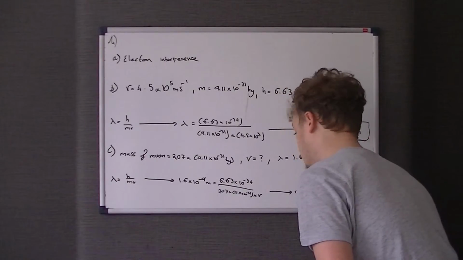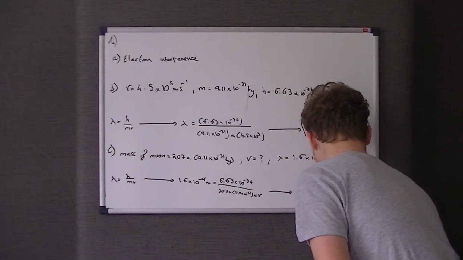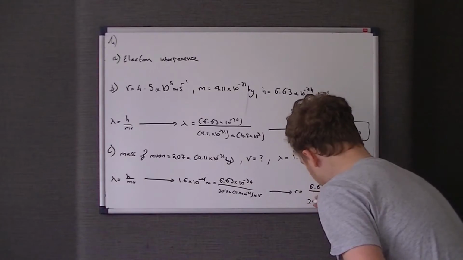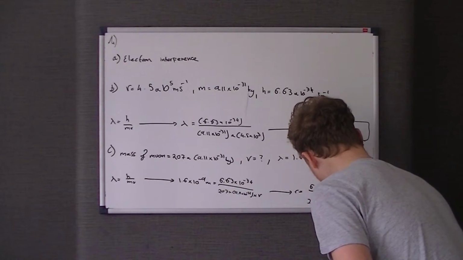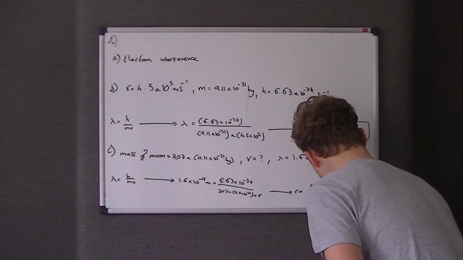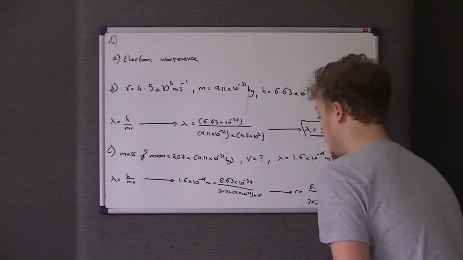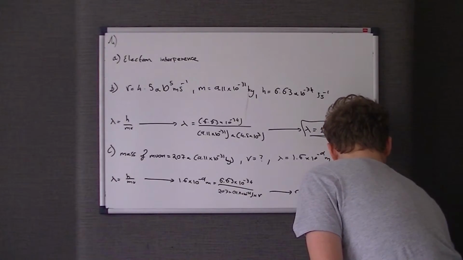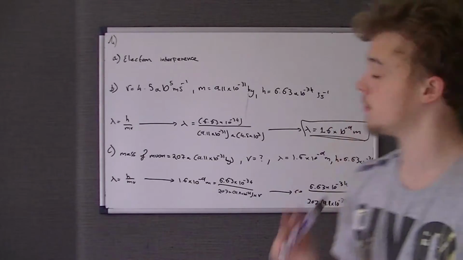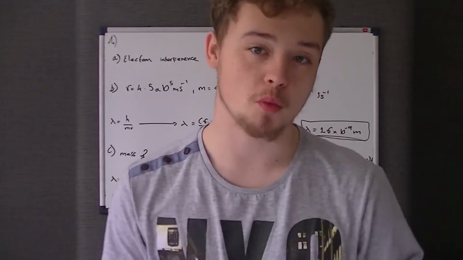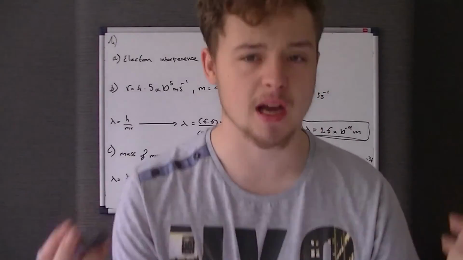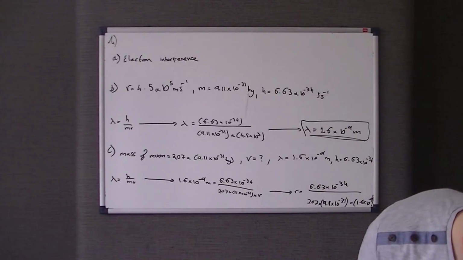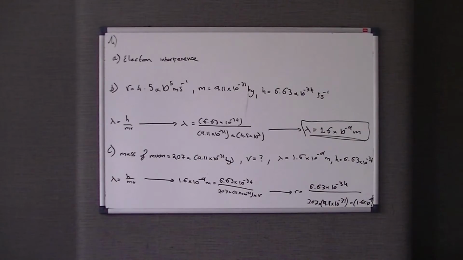So therefore the velocity is equal to 6.63 times 10 to the minus 34 over 207 times 9.11 times 10 to the minus 31, and then that's divided by 1.6 times 10 to the minus 9. Now you might have worked out what 207 times 9.11 times 10 to the minus 31 is, but I can't be bothered, so it's just easier for me to do that. Anyway, shove all that into your calculator. You should get an answer of about